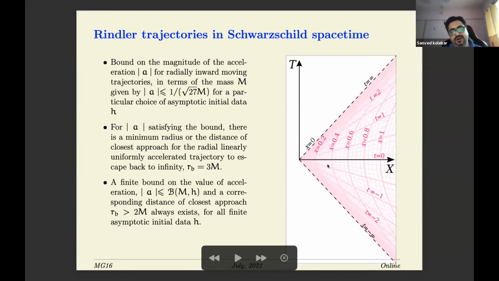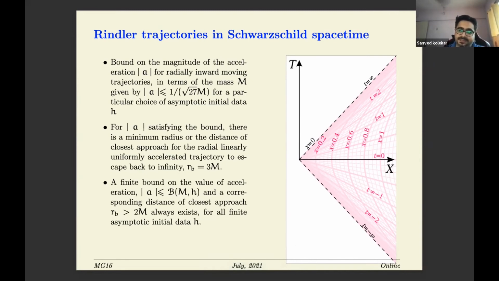Now, we would like to understand what happens if you have the Schwarzschild background. Interesting things happen. The one thing which happens immediately is, if you try to find these Rindler trajectories, the solutions are the following. You are again looking at something which comes from r equal to infinity, around, it has a minimum turning point r minimum, and then it goes back to infinity. So we are looking at purely radial motion.